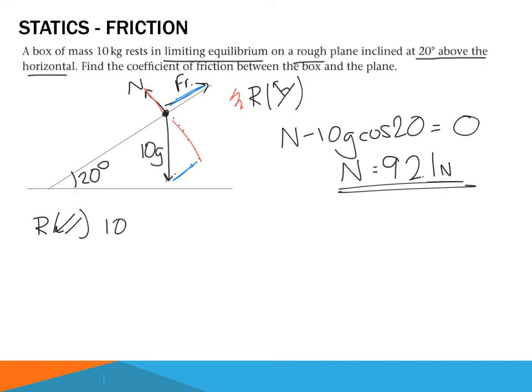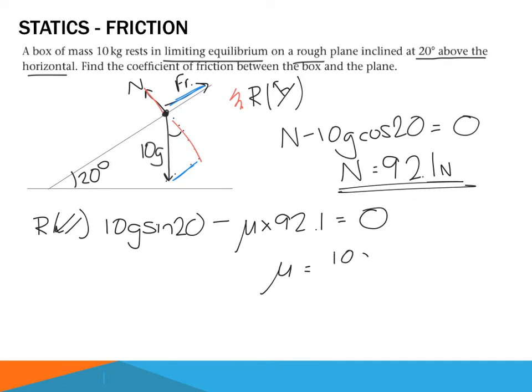So we've got 10g sine 20, because that blue bit is the opposite of the angle here, which we know to be 20, minus the maximum friction, so that's mu times 92.1. That's all of our forces and it's statics, so that is equal to 0. So if we rearrange this, we're going to have mu being equal to 10g sine 20 over the normal force of 92.1,